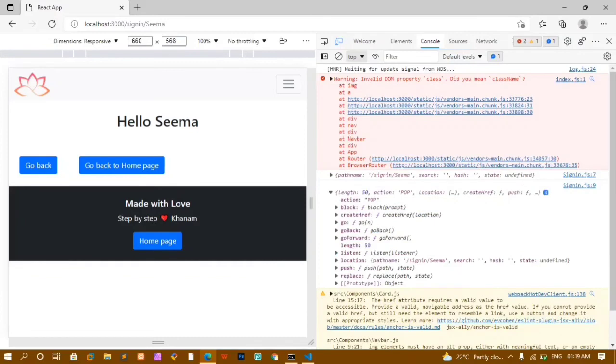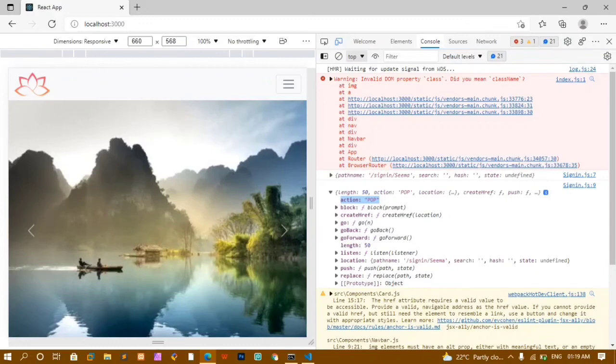Okay, this path name is for the use location and this is for use history. Now inside this I'm having this go back, go forward, and the action performed is pop. Now once I click on this go back to home page, you can see here I'm having this action performed. Okay, everything will be printed here. Go back we are having, go forward we are having, length, location. Whatever location we are going to get using use history, that is mutable. Okay, we can change this location. Instead of using the location from here, you use the location directly from the use location hook. Okay, you can perform all the actions.